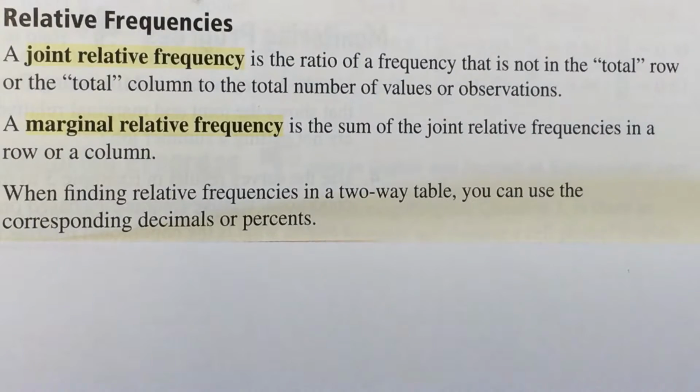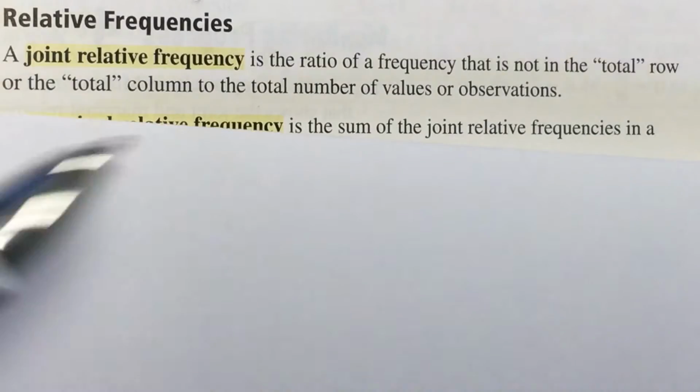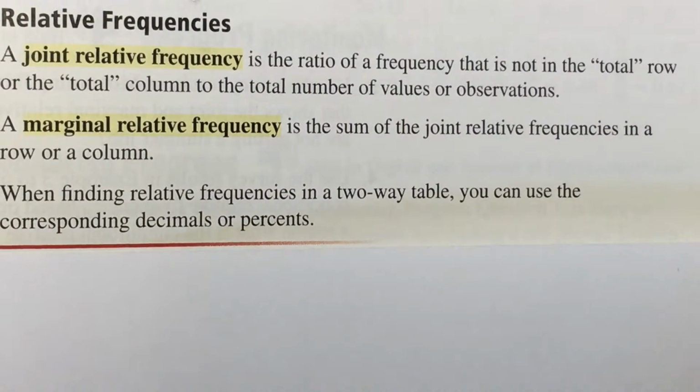Relative frequencies. Another way to use a two-way table, instead of the total amount of entries, is to use relative frequencies, or joint relative frequencies, or marginal relative frequencies inside the two-way table. A joint relative frequency is a ratio or percent of a frequency that is not in the total row or the total column to the total number of values